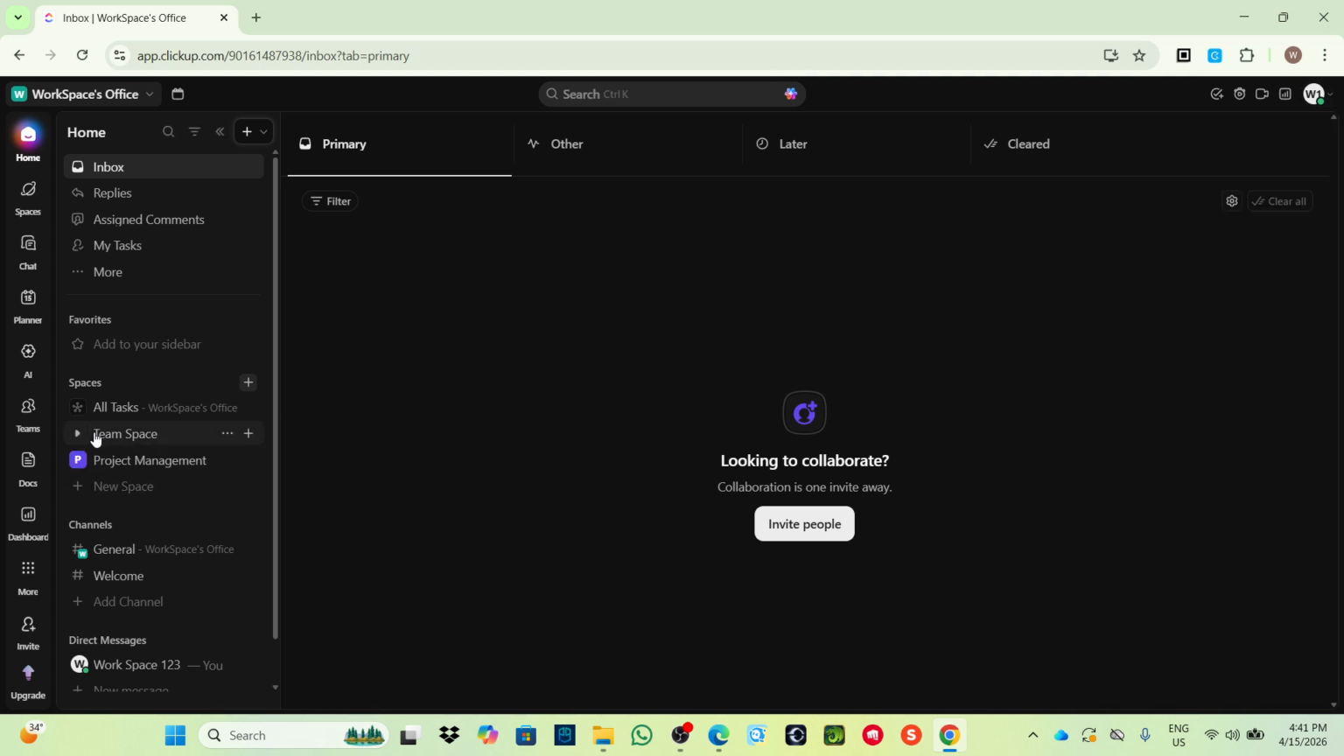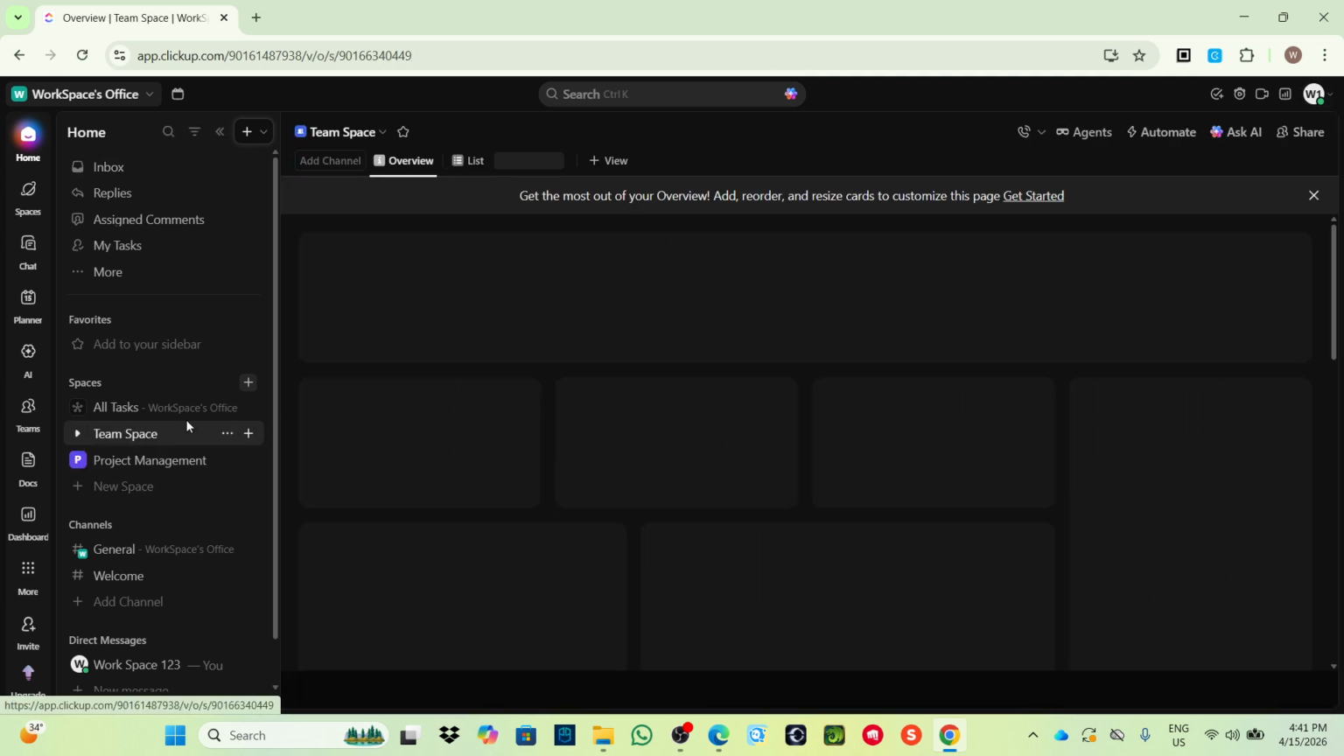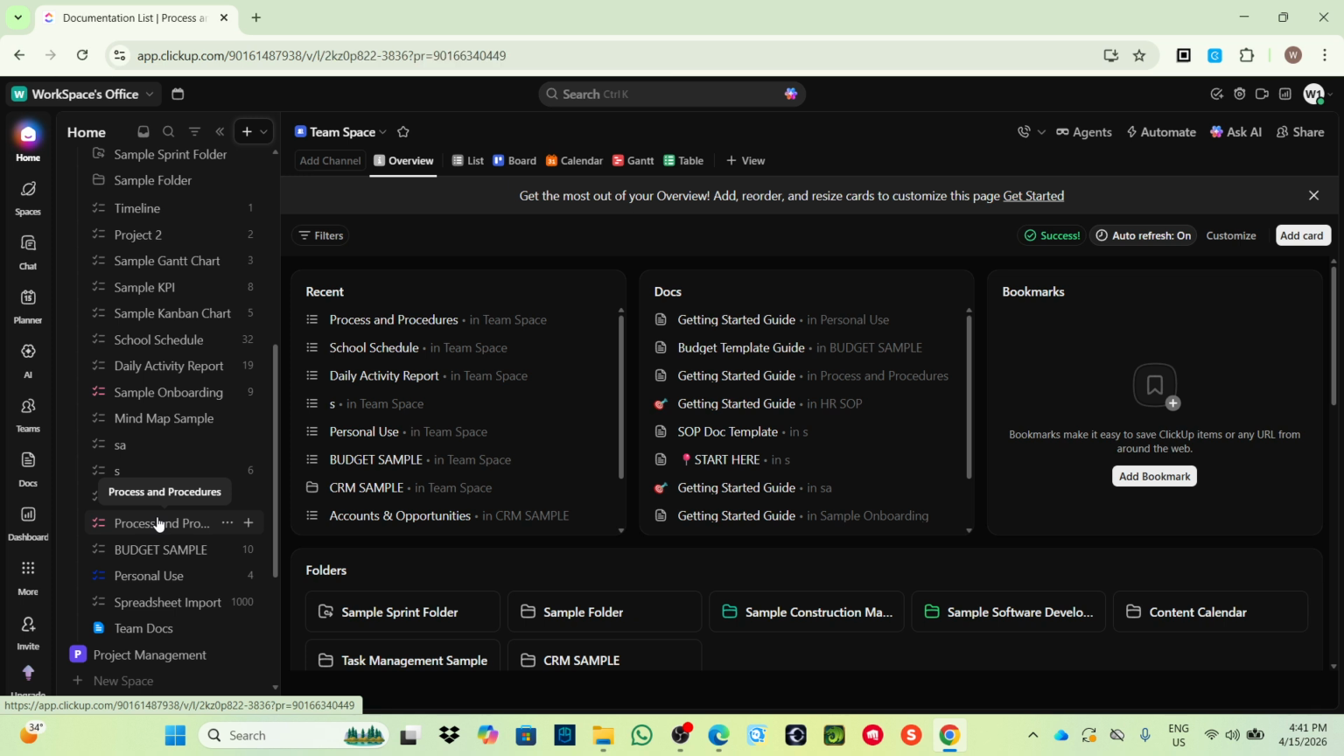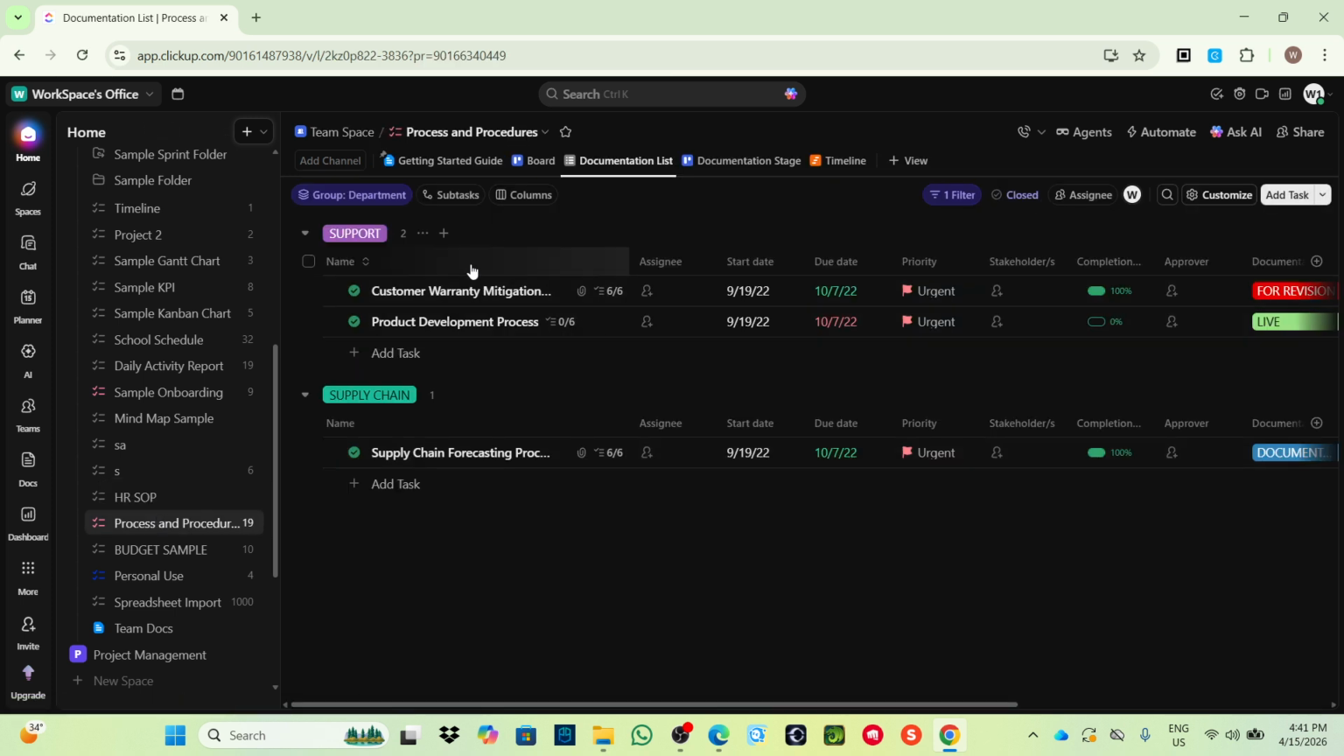Then, choose a project that you wish to add assignees on. Let's choose one project here as an example. Let's have this. As you can see, if you go to the list view, right here, there is this